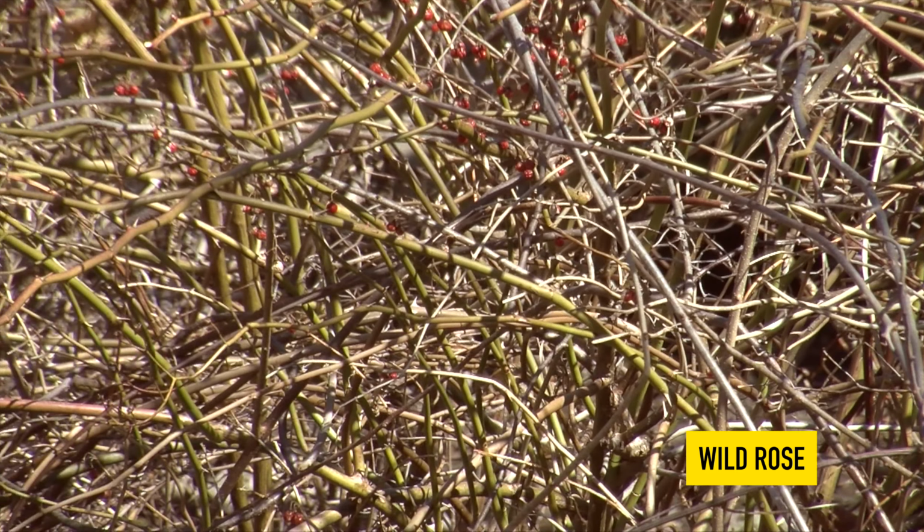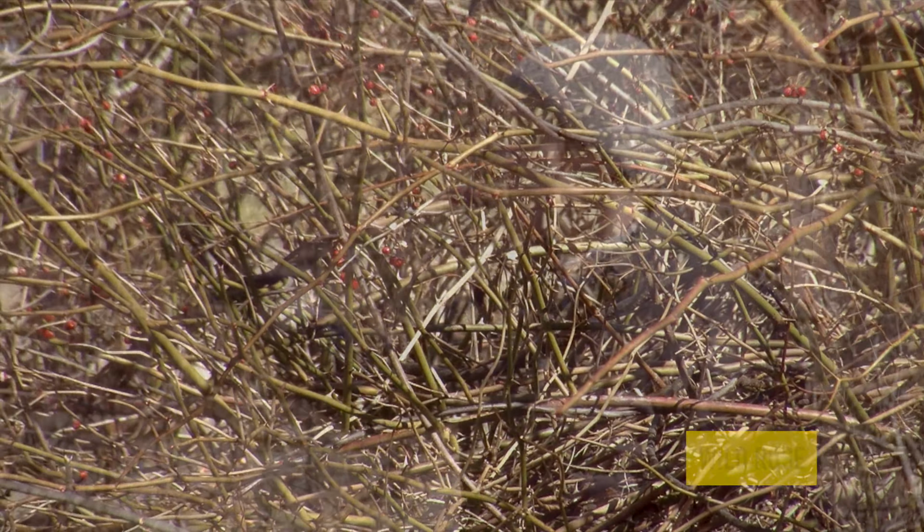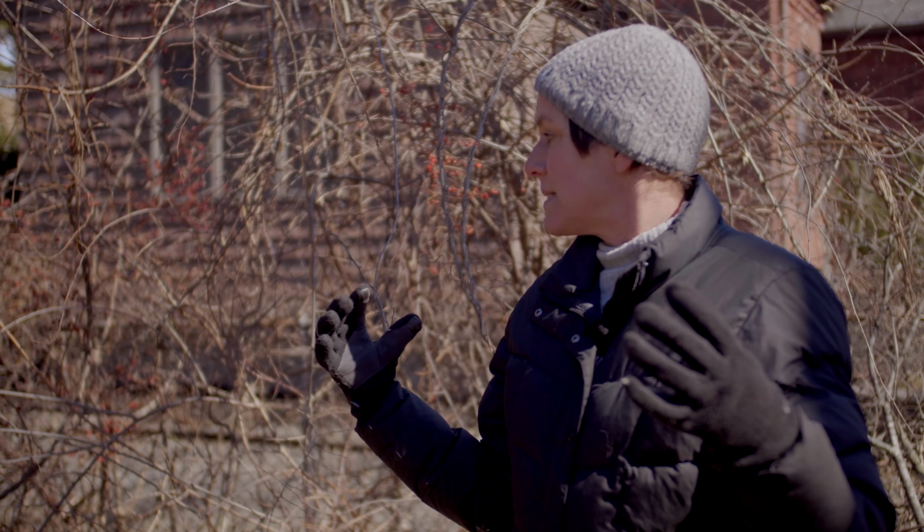You'll know it this time of year. It's got those bright green sticks, and it's very prickly, and it's a real bramble. You will undoubtedly have rabbits living under it, birds living in it, and you think, but it's good for them. Well, except that it will kill anything that's near it, underneath it, next to it, because it will smother it. And